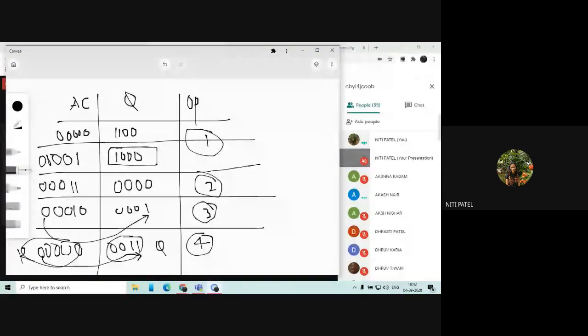So after this, when you perform left shift, you get 00110 in AC, and in Q you get 3 zeros with 1 empty box. Correct? After that, you perform AC is equal to AC minus M. So when you perform AC minus M, you get the contents of AC as 00010. Ma'am, I got different. I got 4 1s and 1 0.